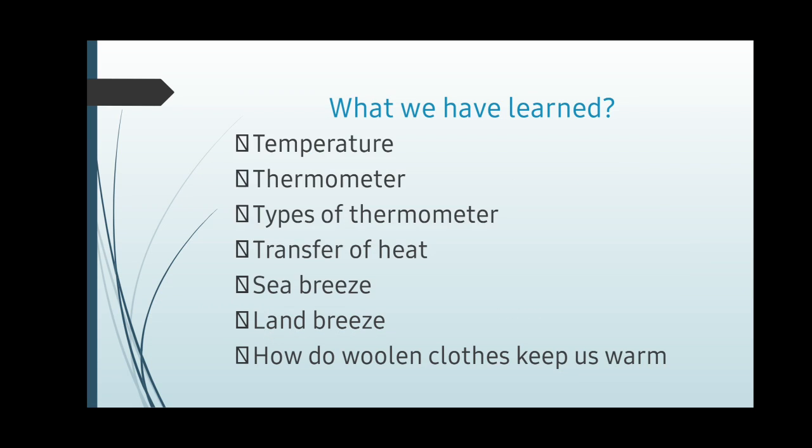So what have you learned in this lesson? Let's recall once. Initially I started with what is temperature. Temperature is the degree of hotness or coldness of an object. To measure the temperature, we use a thermometer. A thermometer is a device which helps to measure the temperature. And we have seen four types of thermometer: clinical thermometer, laboratory thermometer, maximum minimum thermometer, and digital thermometer. Next we have seen the transfer of heat in solids, liquids and without any medium. In solids, it takes place by conduction. In liquids and gases, it takes place through convection, and radiation does not require any medium.